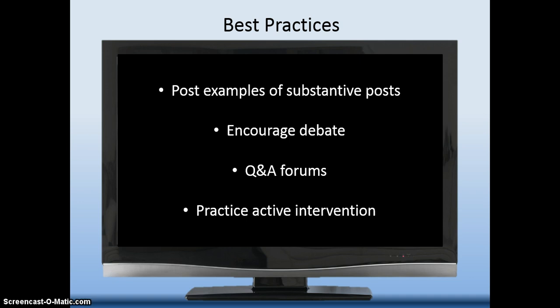Another thing that discussion boards are really helpful for is question and answer forums. So you could use forums as a way for students to ask questions about a class. This can be a great place to have a frequently asked questions area for the class. And if a student asks you a question offline or in an email, ask them to post it in the Q&A forum. And then you can start building up this database of common questions that students have based on the content or based on the delivery or whatever it is.